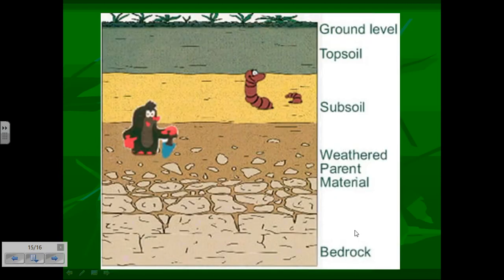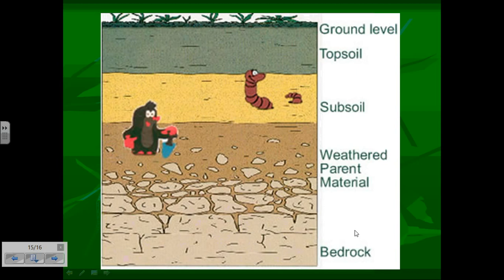And so looking at the layers from top to bottom, you can see once again that the top layer that we know as topsoil represents either horizon O and horizon A, and is found at the top and has most of the rich nutrients that plants need to grow. This is the layer that we see. The next layer is called subsoil, and this is where you'll find your earthworms that mix the soil and allow the humus to mix with the other topsoil